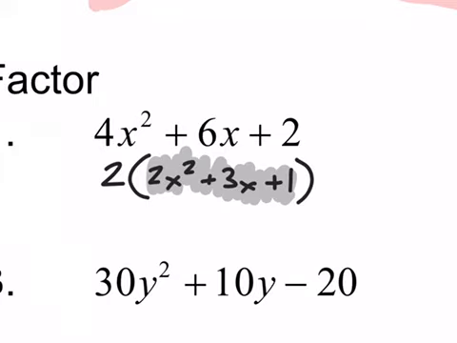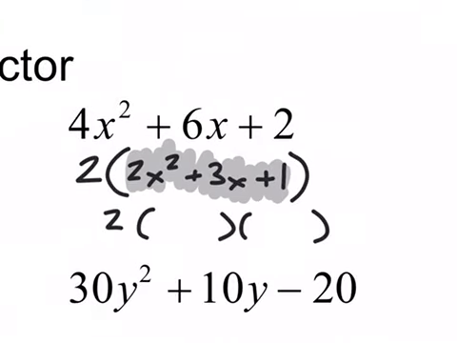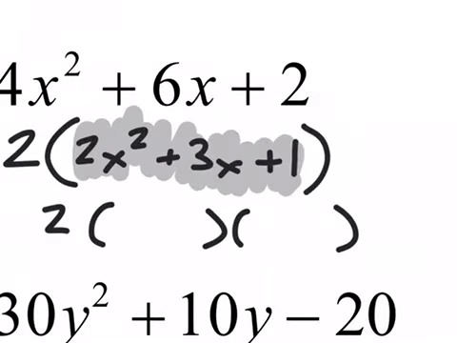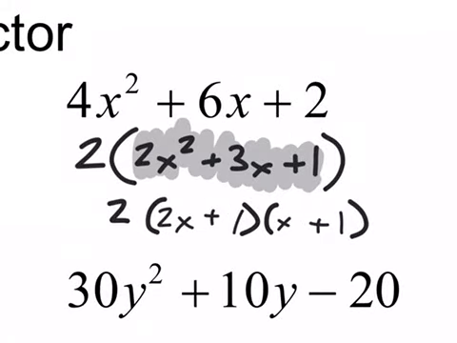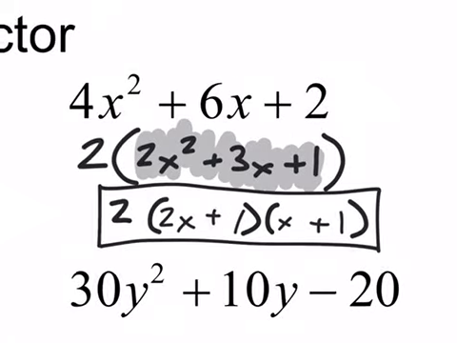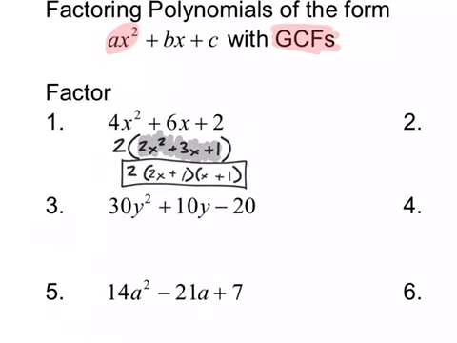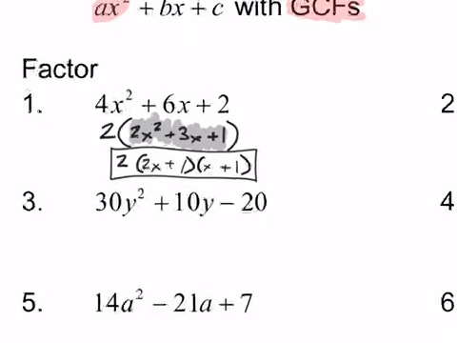And now our answer would look like this. The 2 that we took out is going to stay there. And then now I'm just factoring my highlighted portion, which would be a 2x and an x plus 1 and a plus 1. There's my answer. And you could FOIL all that out to double check. Okay? So on this one here, right below it,